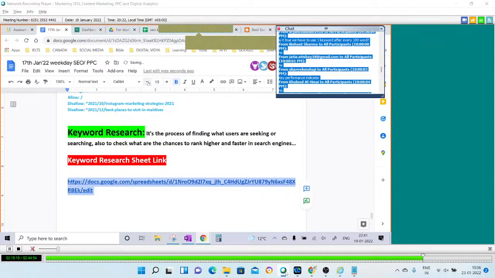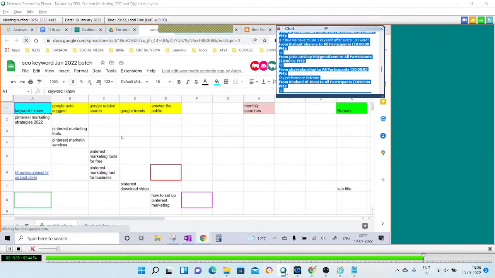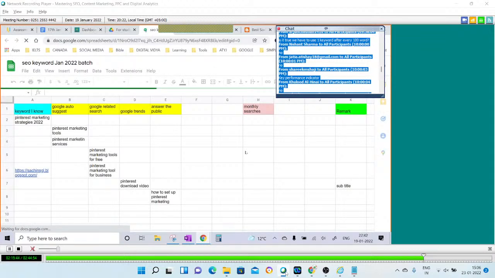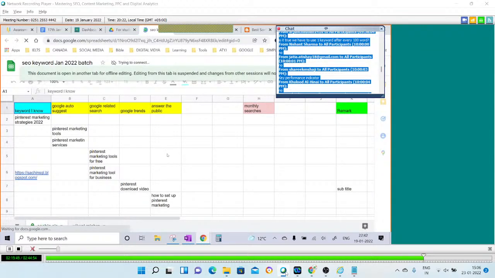Take 15-20 entries, because I'm not giving you a lot of time right now. Just 5 minutes or maximum 10 minutes I'm giving you, maybe not 10, even 5 minutes. So just do it right away, whatever number you can do. I think everybody has just started to work parallelly. If you're not able to work right now, just do this exercise in any sheet, any Excel or something, and later on you can paste your data here.